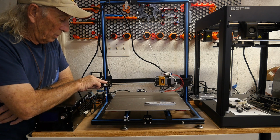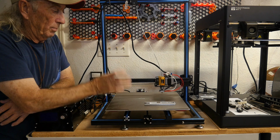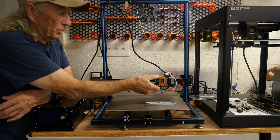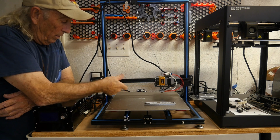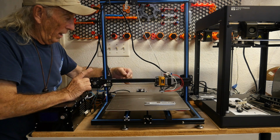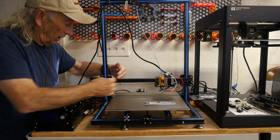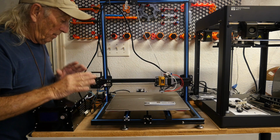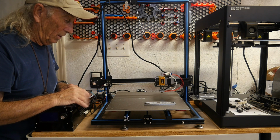I had to move this stop switch here because the 4-wheel plate that I'm using to really make this thing sturdy is running into the wheel back here behind this gantry bar right here. So in order to do that, I'm going to have to probably take a grinder and cut some of that plate away to see if I can get that snugged up. It's not too far off, but it is enough off that